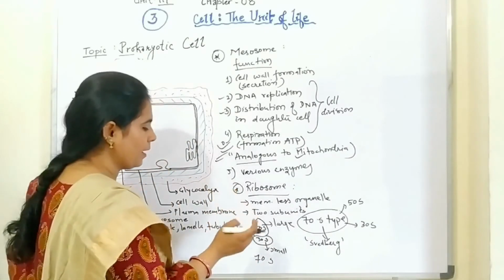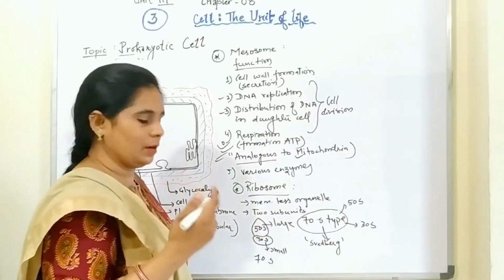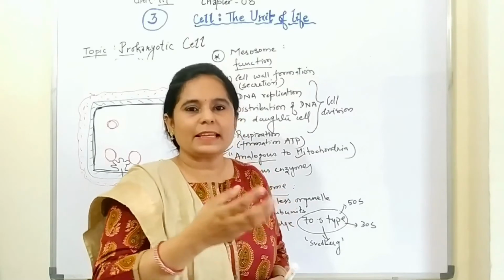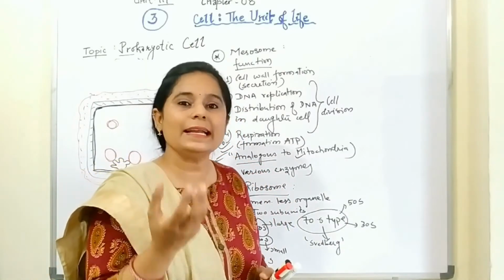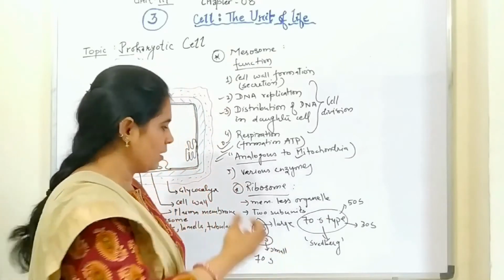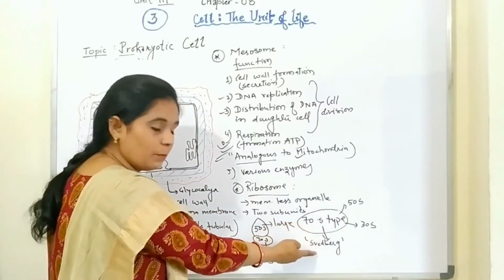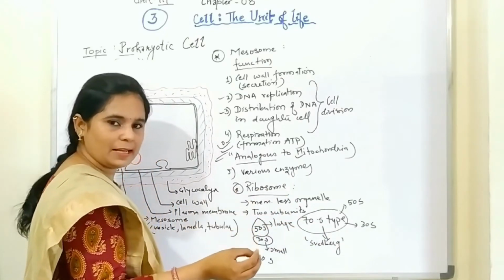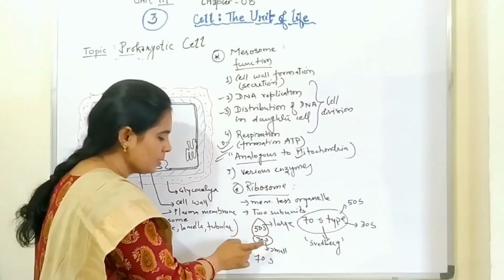जैसे हम वेट करते हैं केजी में, 1 kg, 2 kg, वैसे ही kg इज अ यूनिट, लीटर इज अ यूनिट, सेंटीमीटर इज अ यूनिट. सेम वे सेंट्रीफ्यूगेशन की भी एक यूनिट होती है जिसको हम स्वेडबर्ग कहते हैं. So when you will centrifuge this 70S ribosome, you will find two subunits. One is 50S, other is 30S.